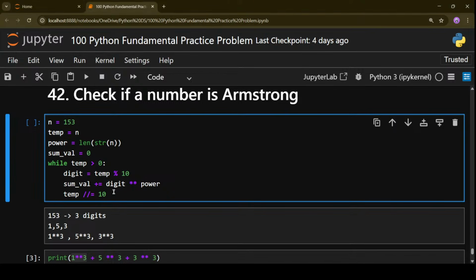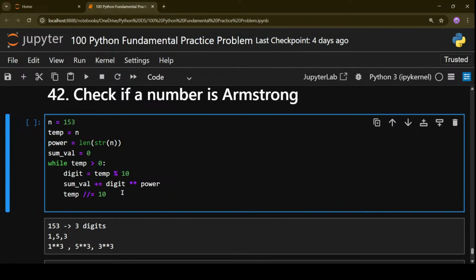So we were in this line. Now see, when you extracted the number and you did the power of that number and added that digit in sum value, for the next iteration you have to understand one thing: you need to remove that number also. That is very important. So you need to run this code. This is going to remove the last digit, so that your temporary variable will have only 15. And this is going to be done again and again until the temporary becomes 0.